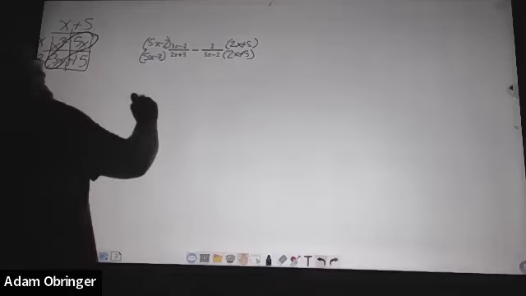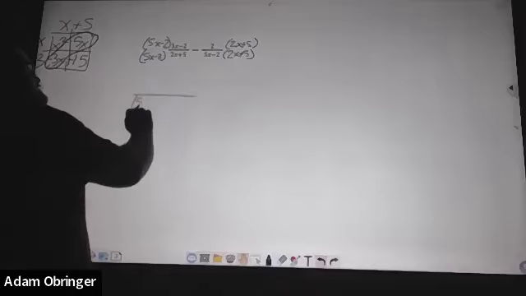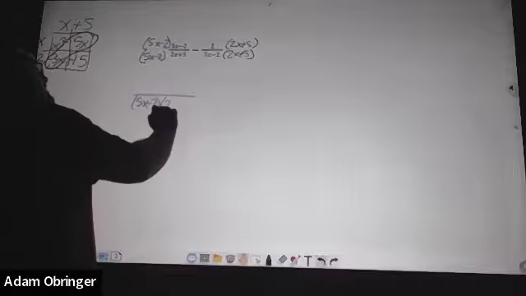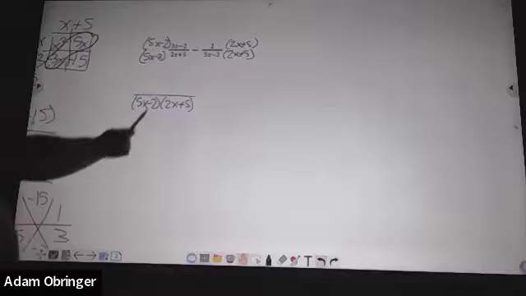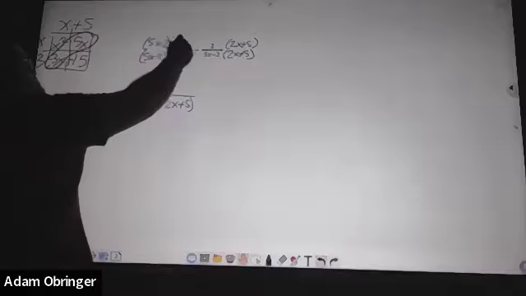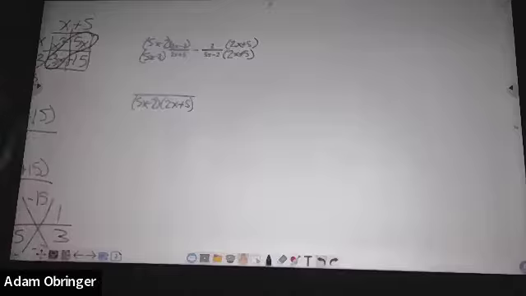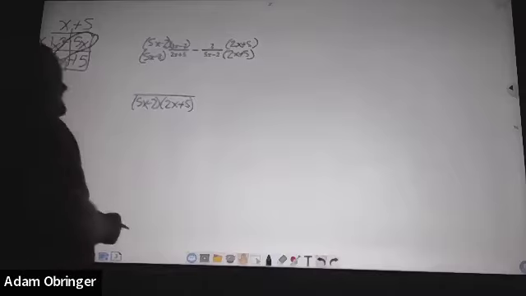So for the first one, I'm going to have a 5x minus 2 on bottom and a 2x plus 5. But for the top, I should really simplify this. If you notice, there's 2 things times 2 things. So bring out that box. We've got,